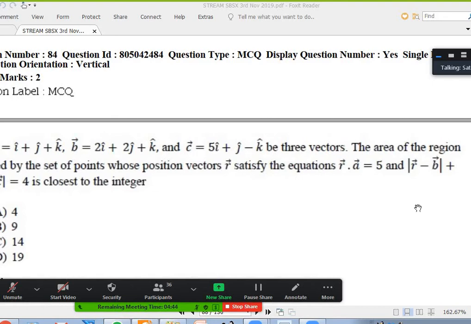If you imagine a solid by rotating the ellipse, you got one solid object. Now, if you cut it somewhere with a plane, you don't think you'll get an ellipse. You have to cut right in the middle only. You take an ellipse and revolve it and cut right in the middle, again you'll get back this ellipse. Here, this question is on vectors, which means obviously 3D space. So when you look at this equation, mod r bar minus b bar plus mod r bar minus c bar equal to 4.